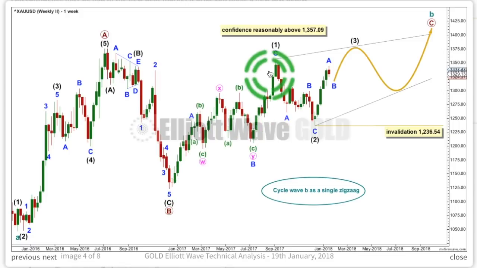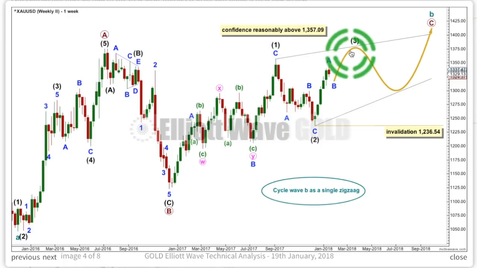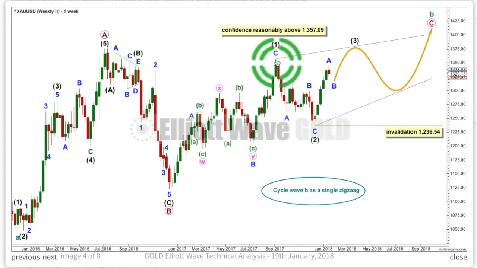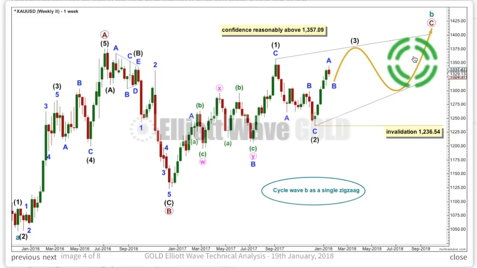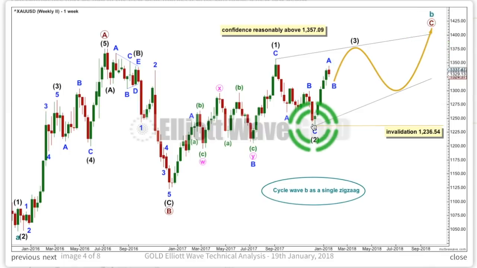And so from this low to this high, it's entirely possible to see this wave up here as a zigzag. Primary C could be an ending diagonal, with a zigzag for 1, a zigzag for 2, a zigzag for 3 still unfolding, and then a zigzag for 4, which must overlap back into wave 1 price territory, but can't move beyond the end of 2, and finally a zigzag up for 5 to most likely end when it overshoots the 1-3 trend line. Within the zigzag of intermediate wave 3, minor wave B may now be underway, and it can't